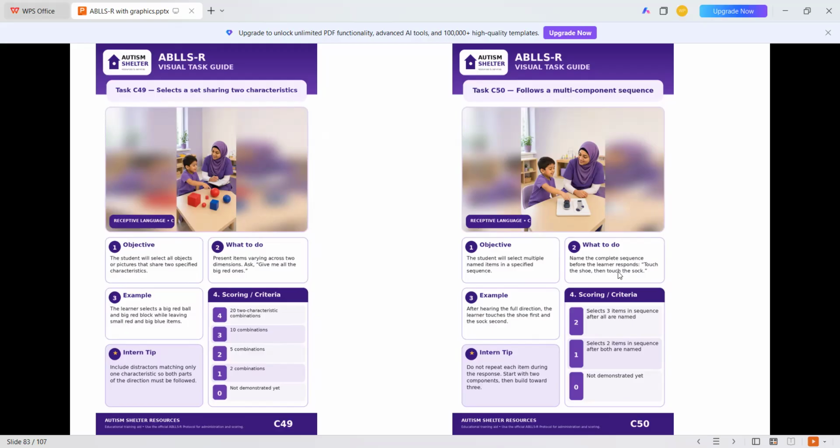In part 7, there were also multiple tasks which were teaching the kid about the sequence pattern. Okay, so the master criteria is select 3 items in sequence after all are named. There are 2 items presented in this picture, but as you move upward for the master criteria, you can teach with 3 items: socks, shoes, and cap. It doesn't mean you have to go in a proper association. It can be random objects or random flashcards.